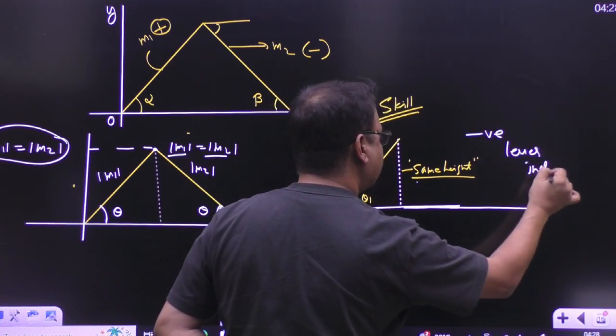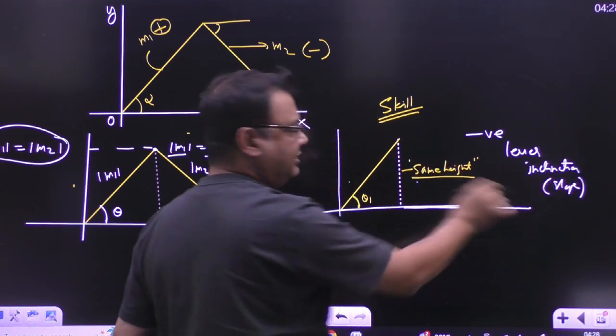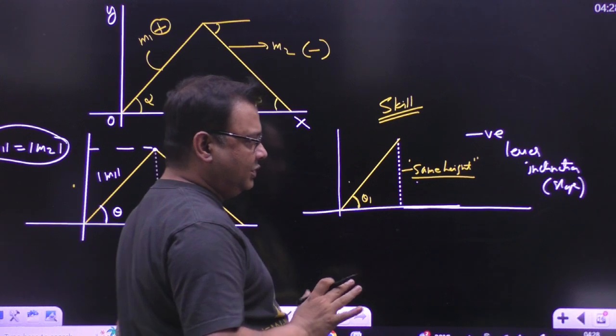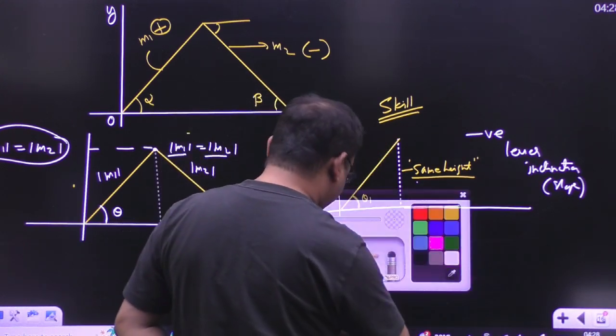So you know slope is what? Rise by run. The rise, the height, is the same. So if you want to decrease the modulus of slope,